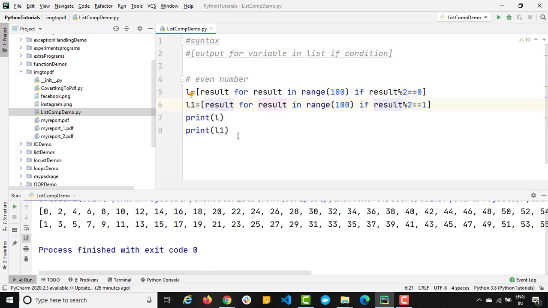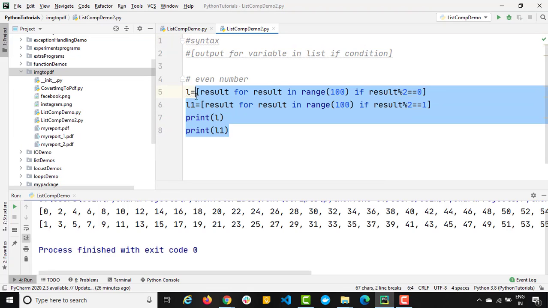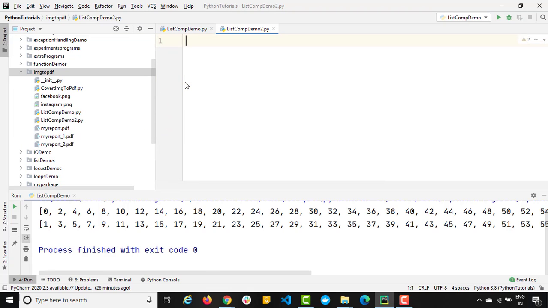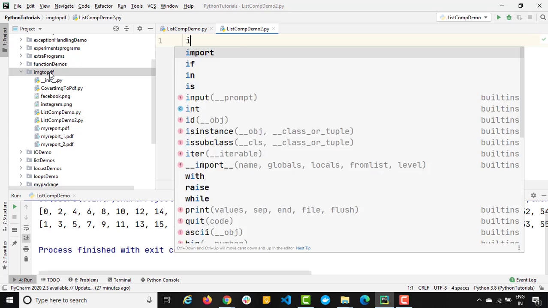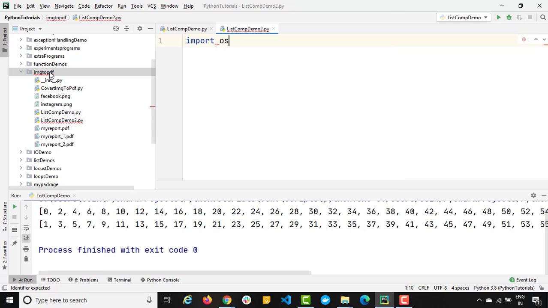Now let me show you one more example that will make your concepts very clear. For the time being I will simply comment these out because you will get confused, or maybe I will create a copy. So I will say list comprehension demo 2. I will remove this. Now I'm going to check how many files I have in this particular package. How can I do that? We just need to import the OS module, and you can use all the functions which we have in this module. Now let's say I want to get the list of directories, so I will simply say